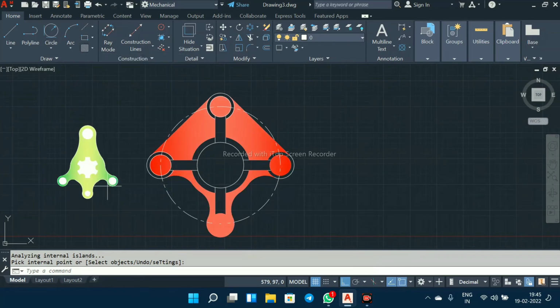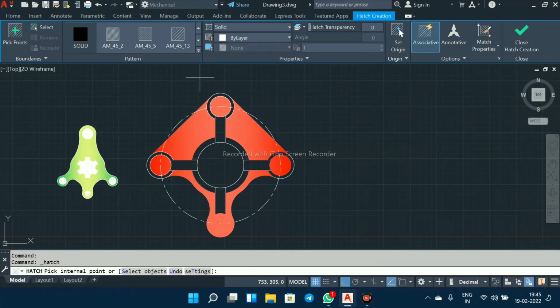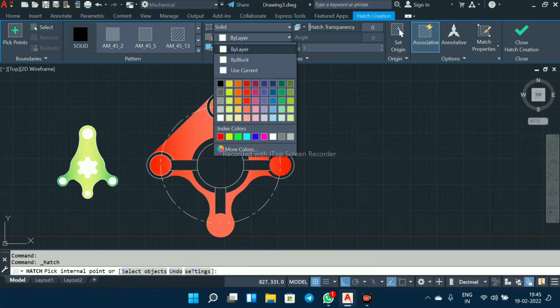Now go to hatch command. Select here solid color as yellow.